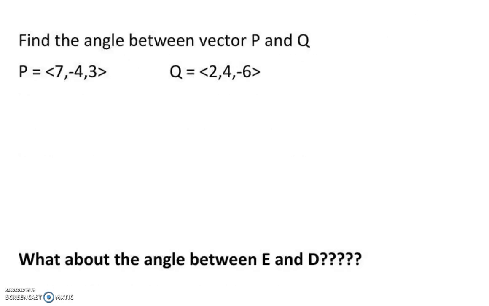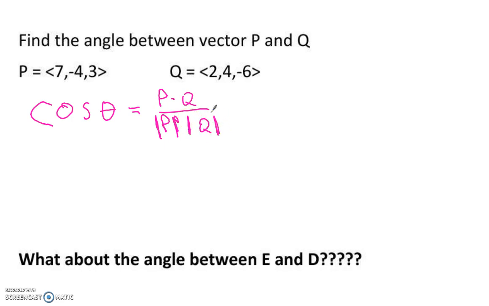So now let's go ahead and try to find an angle. The angle between vector P and Q. So, we're going to start it off by saying that cosine of theta equals the dot product of P and Q over the magnitude of P times the magnitude of Q. So let's go ahead and start finding all of this stuff. Let's first find the dot product. So the dot product of P and Q